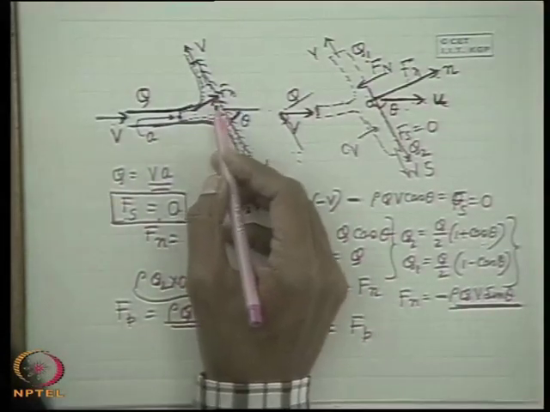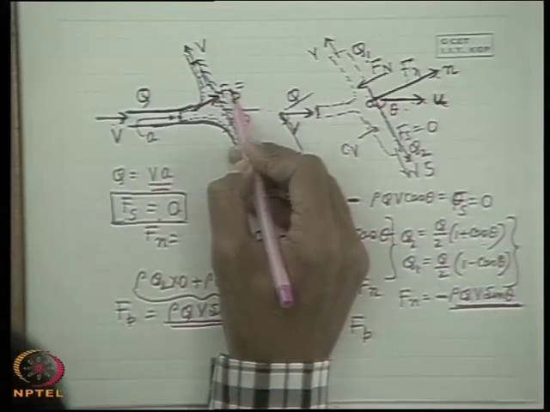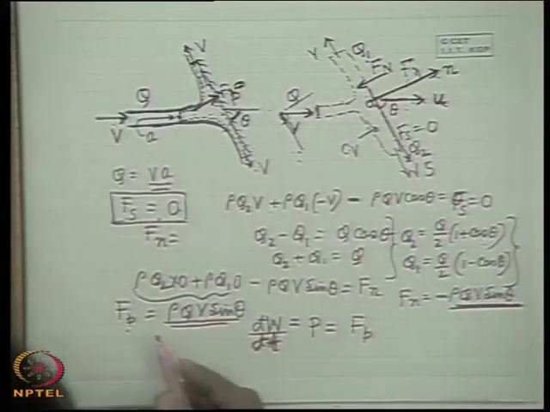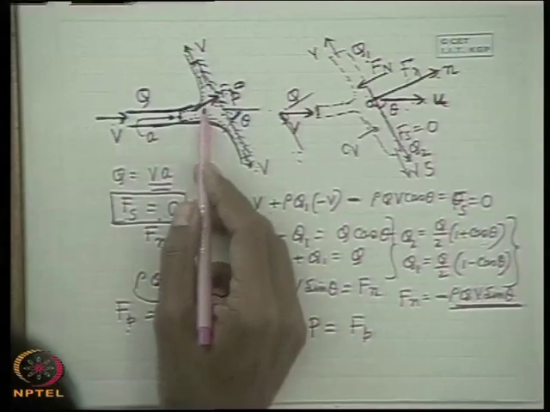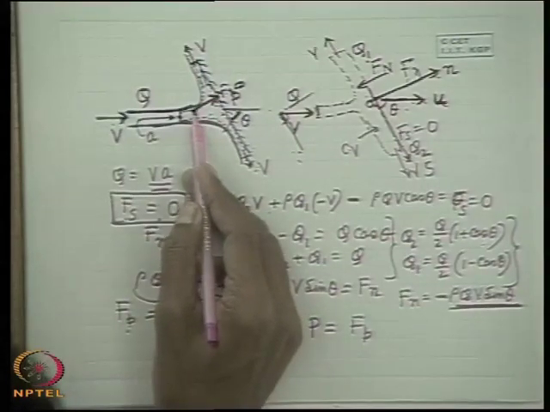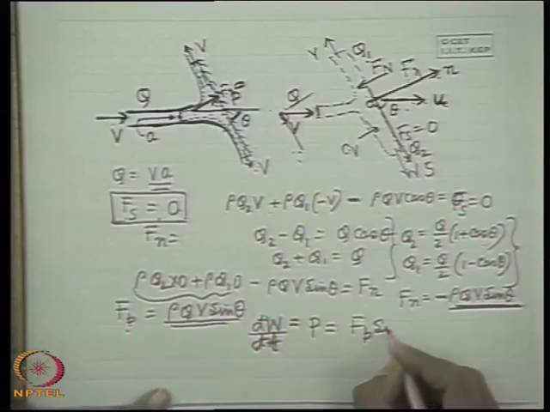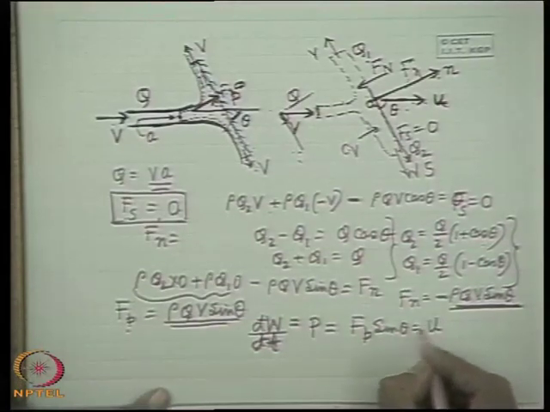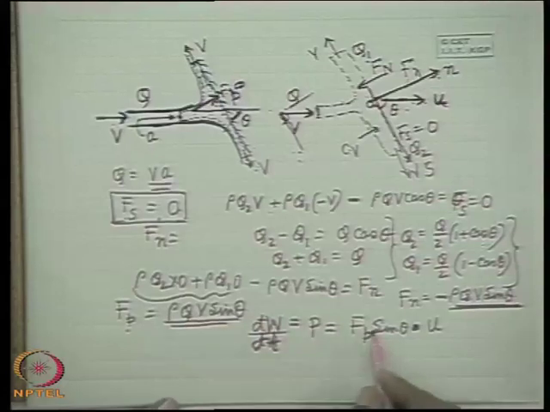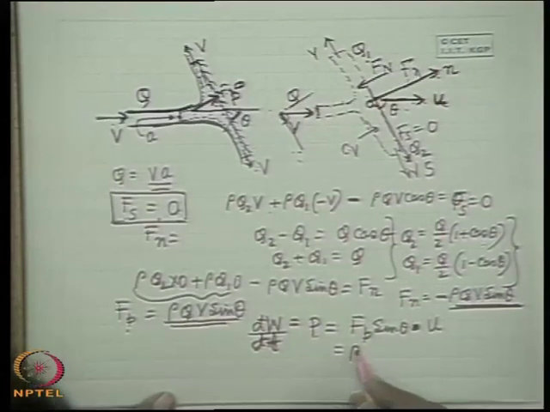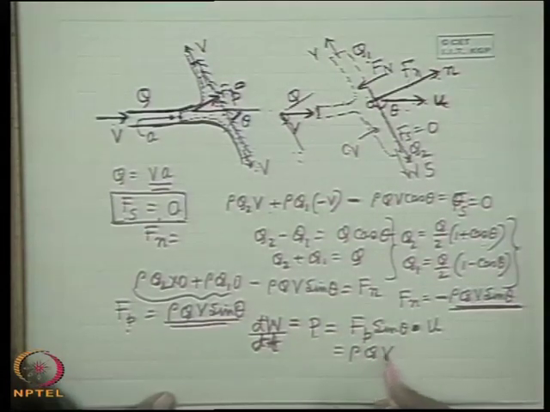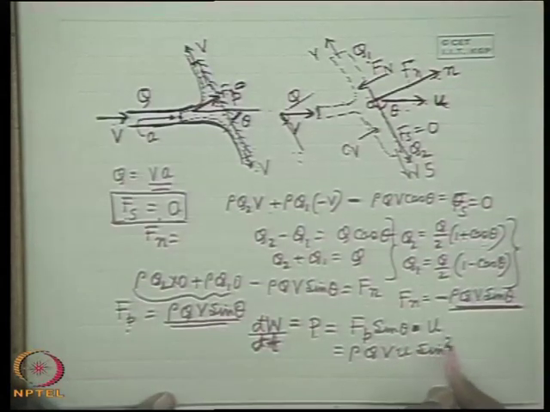here so that we understand better, it is Fn, or rather you write Fp. Now we have given the Fp, that means rho q v sin theta. So again we take a component in this direction, that means again sin theta will come, that means Fp sin theta into u. So the work done is the force into displacement in the same direction. So it is power because it is per unit time. So therefore we can write rho q v u sin square theta.